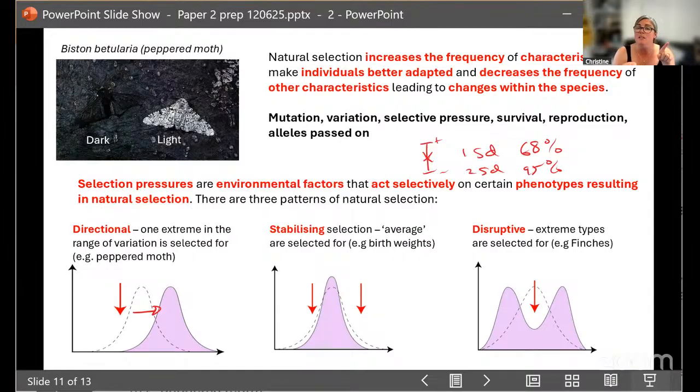The small ones are selected for because they're really cunning. Because they get to reproductive maturity at a faster rate, they sneak in and release their sperm. So they sneak and hide away from the hook noses, release the sperm, and off they go. The hook noses outcompete the mediums, and so therefore we end up with the two extremes in the population. So you have the smaller ones, but you also have the larger ones. It's not that you do not have the ones in the middle, it's that they're selected against, so the frequency for them is smaller.